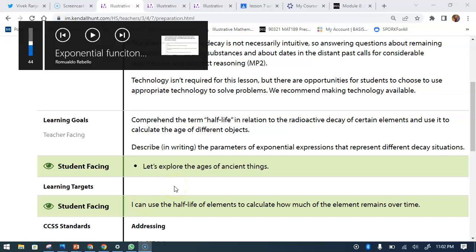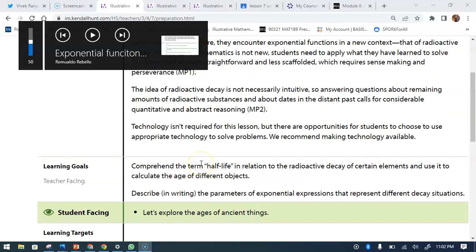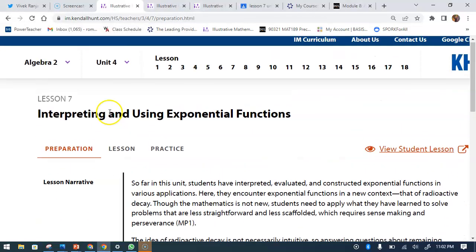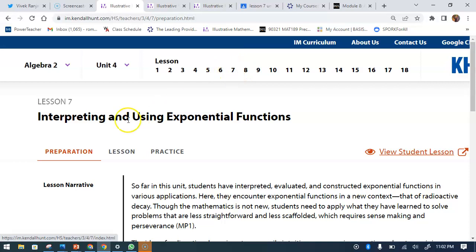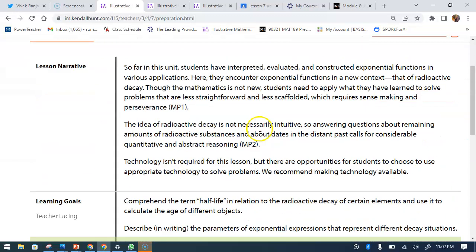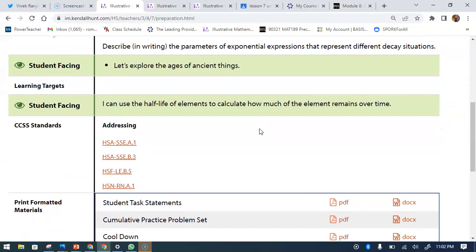Okay, hello students. Here I am on Algebra 2, Unit 4, lesson number 7. This lesson is about interpreting and using exponential functions. So the learning target, the